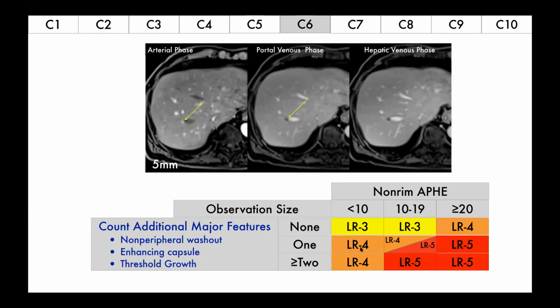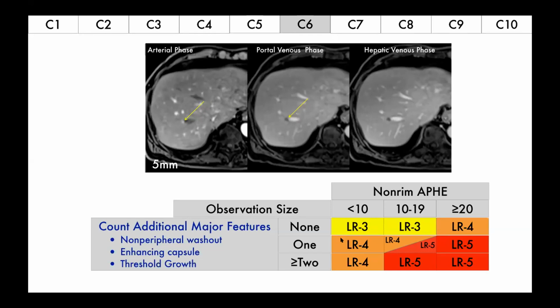Now, what is an LR4? LR4, technically speaking, represents a probable HCC. That means if you wait for some amount of time, it's going to grow in size. It's going to be more than 10 millimeters and going to satisfy the criteria of calling this HCC. So please remember, if you had seen this to be a 15 millimeter or a 30 millimeter lesion, and this lesion had enhancement and washout, you would call it an HCC. But just because it's less than 10 millimeters, because of the guidelines, you cannot call it an LR5,